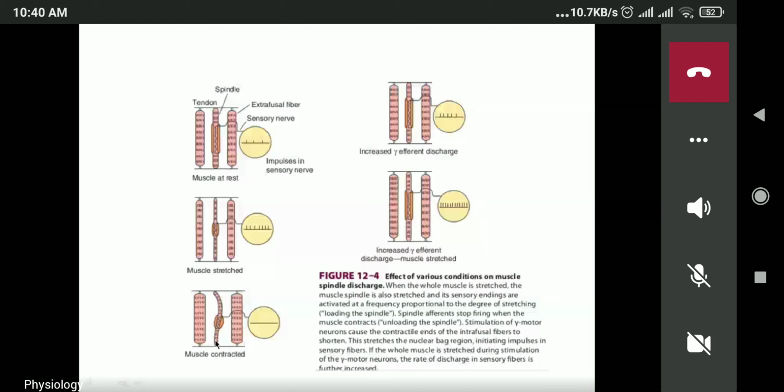This is one. Another, increased gamma motor discharge. If you hook your two hands and you